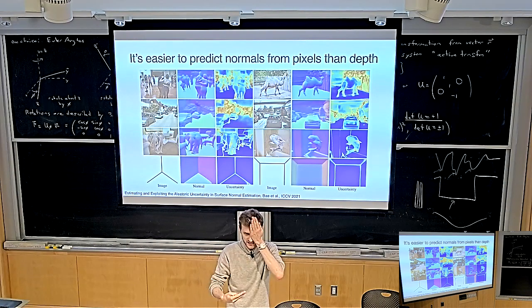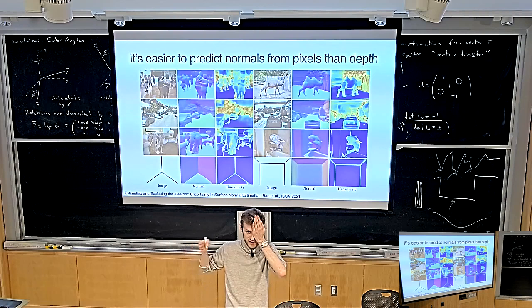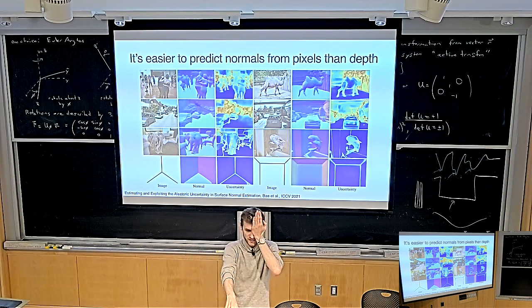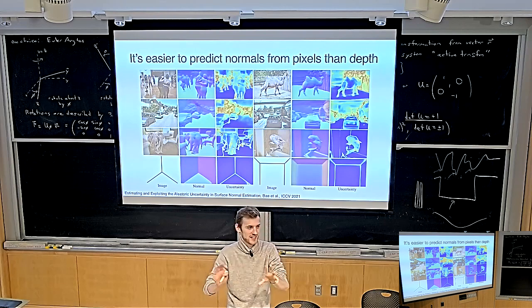So what your brain actually does is it looks at things like the vanishing points, the angle of the vanishing points. It looks at things like scale. So this chair is close, this chair is further away. It looks at things like occlusion. So this chair is occluding this other chair, so probably this chair is in front of that chair. So it's using all of these tricks that are informative about the depth.